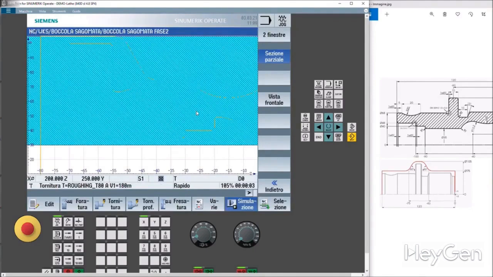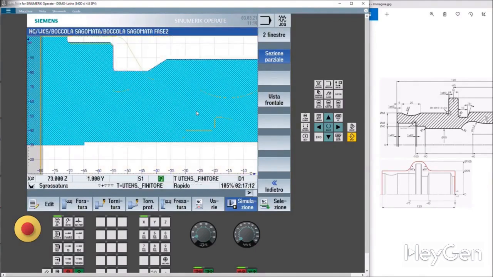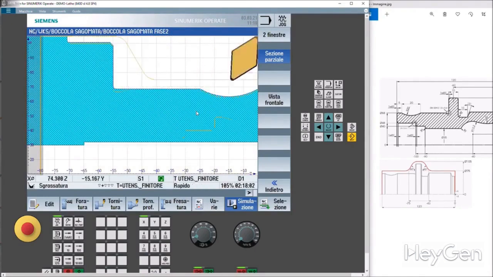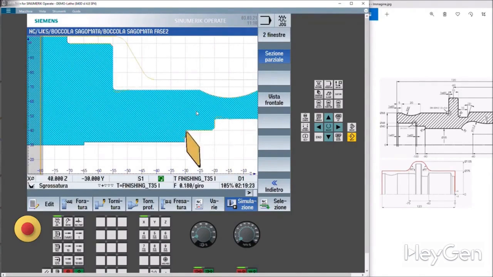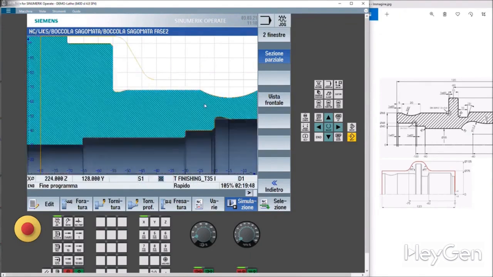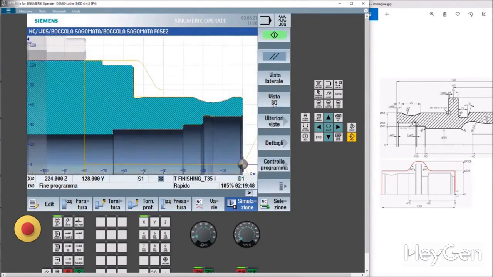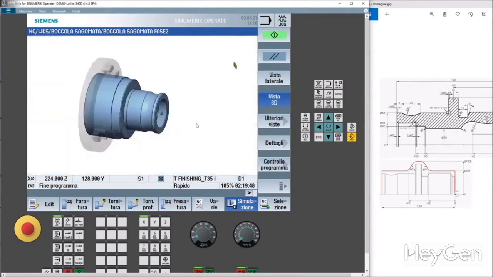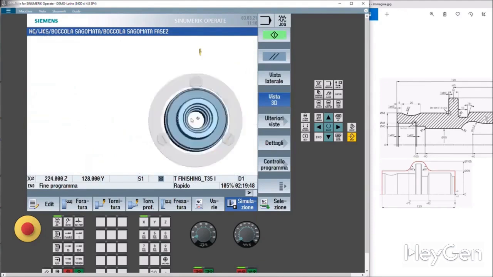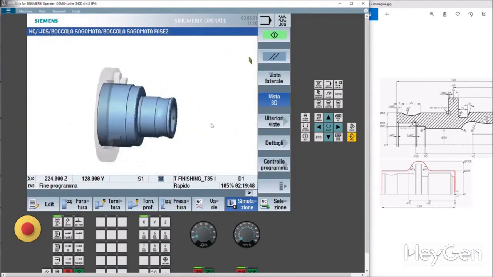In these moments, it's nice because do you realize the communication that this CNC has with the operator? It's a very, very, very high level of communication. You can see that now the internal discharge is being done correctly. Perfect. We want a 3D. Let's take a 3D. We want to move it. Let's move. Let's see everything we need.